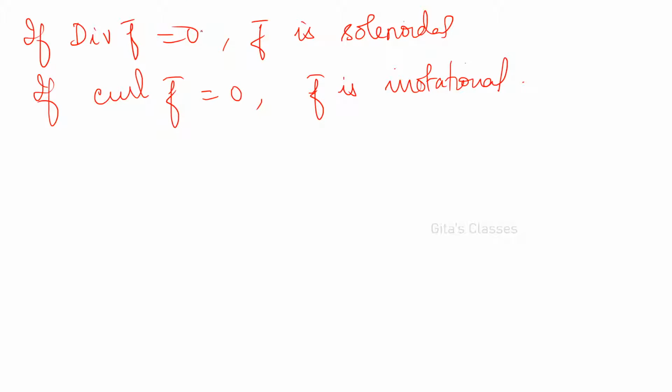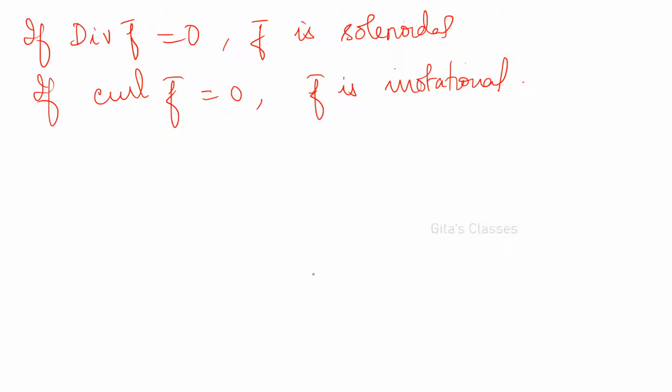Find the values of a, b, c. Or prove that the divergence is 0, even for university exams, 2 or 3 marks, even for 5 marks, you can expect. Okay, so prove that it is 0. Some vector function f bar will be given. You will be asked to prove that it is solenoidal or it is irrotational. So you should be able to remember. Solenoidal means you should take divergence, that is a dot product. If it is irrotational, then curl of f. Curl of means cross product of del with the function, del cross f. This is del dot f.